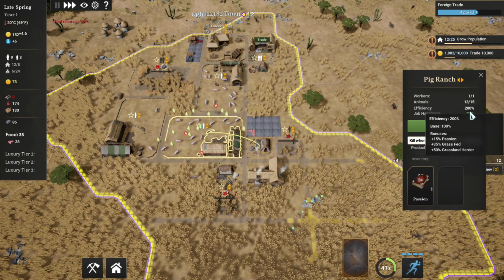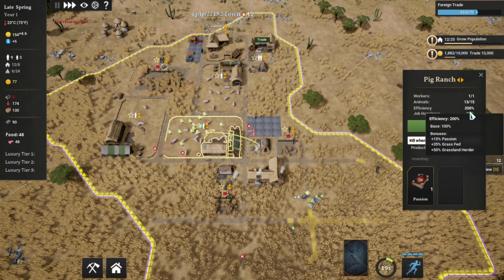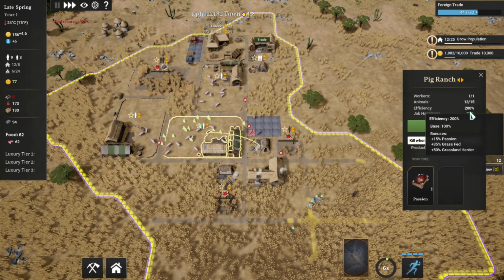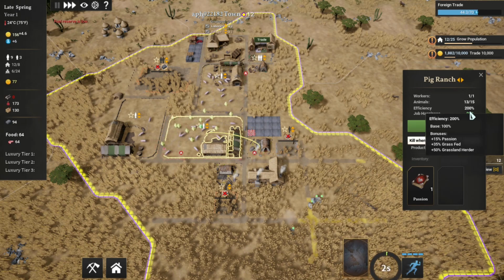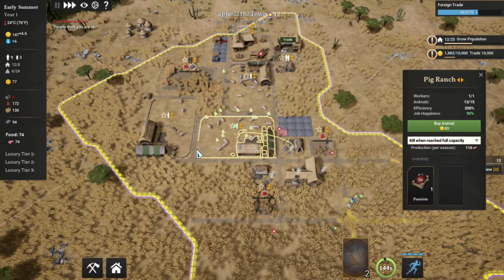Because with a second passion book, it would be at 215%. With the granary, it would be at 240. With building combo, we'd be at 250, 255. And then with ranching completely maxed out, I think we're going to be somewhere around 280% effectiveness. And I'm thinking with that, we should be producing about 1,200 food per cycle from each farm that is